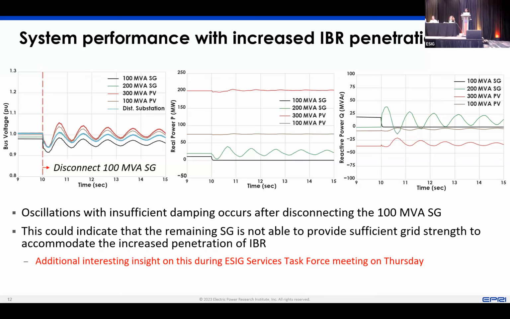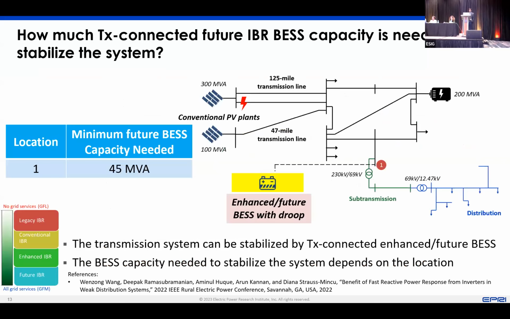Stick around for Thursday, and you'll see much more interesting stuff regarding this instability that is coming up in the services task force meeting. There's really some stuff about system strength that we'll talk about in that meeting. But this instability that is there, the distribution connected resources are going to now face this instability. And now the idea is, okay, if you do have this kind of DER seeing this instability as the system strength reduces, as the synchronous machine reduces on the transmission network, then how does it support themselves? How do they keep themselves going on? How do they ensure that they're going to continue operating?